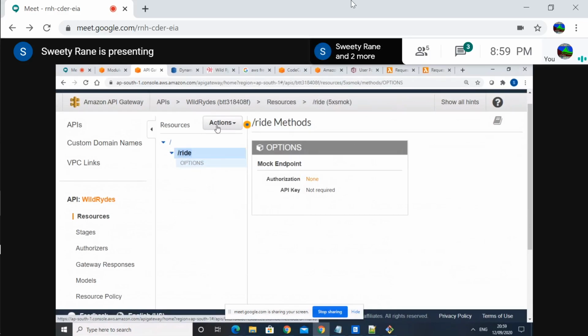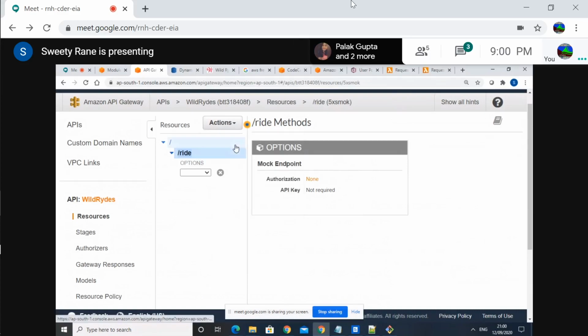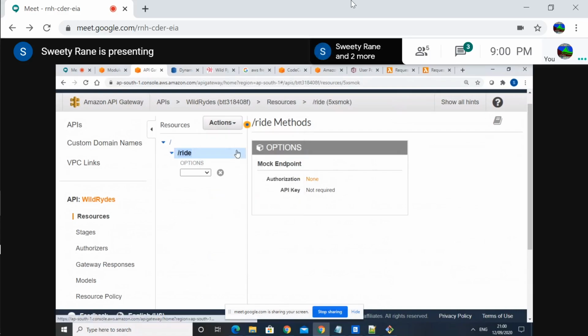No, we need to click Actions, Create Method on this resource. Now we are creating a method for the resource. Yeah, in the drop down, I think it's created. In the option you select POST.